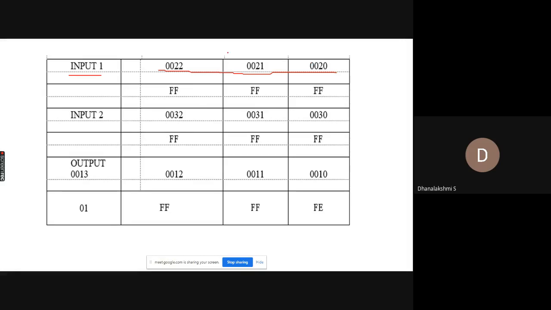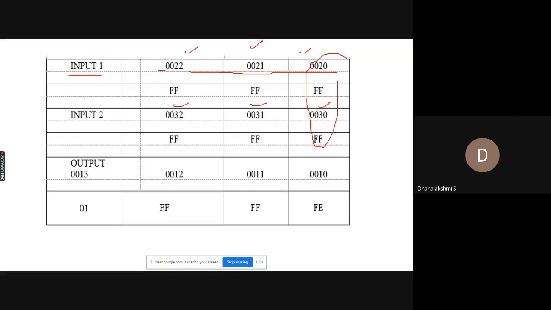As far as this table is concerned, your count is going to be 3: 1, 2 and 3. Similarly input 2, 1, 2 and 3. So you are going to have 3 bytes of data. This is going to be your first byte.